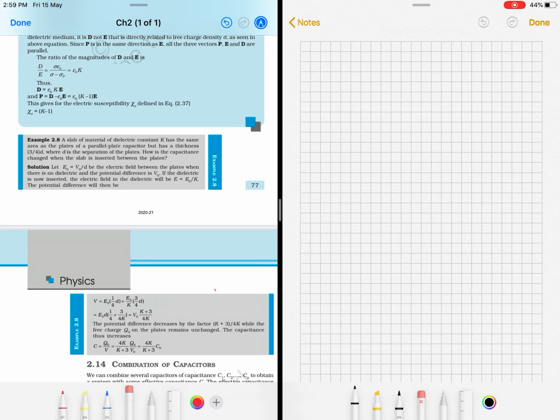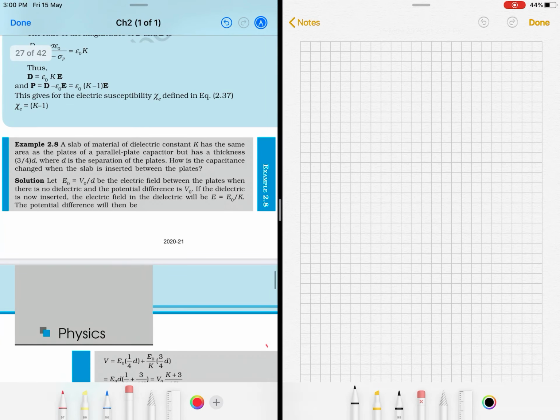So what is the technique to solve a numerical problem? The first step is to read the question carefully at least 2 times, write the things given in the question, and also find what is required. Then think which formula or which application is applicable. Then you can solve the numerical easily. So first I start with example 2.8.